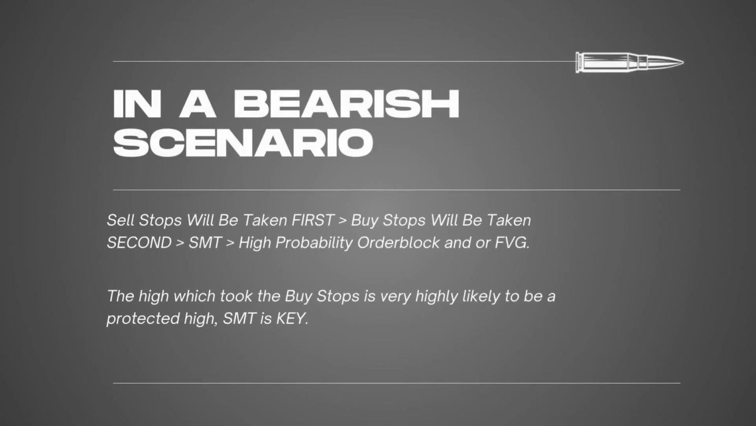above or below. So in a bearish scenario, sell stops will be taken out first and then the buy stops will be taken. And what are we going to be waiting for? Once those buy stops are taken, we want to see SMT because that is where that high probability order block and/or fair value gap forms. The high which took the buy stops is very highly likely to be a protected high, and then again SMT